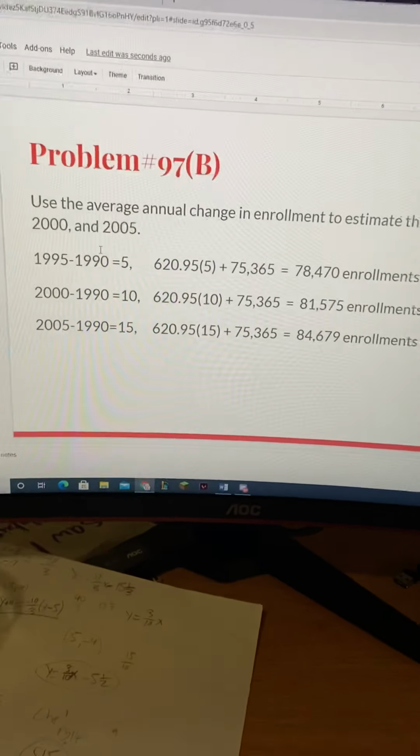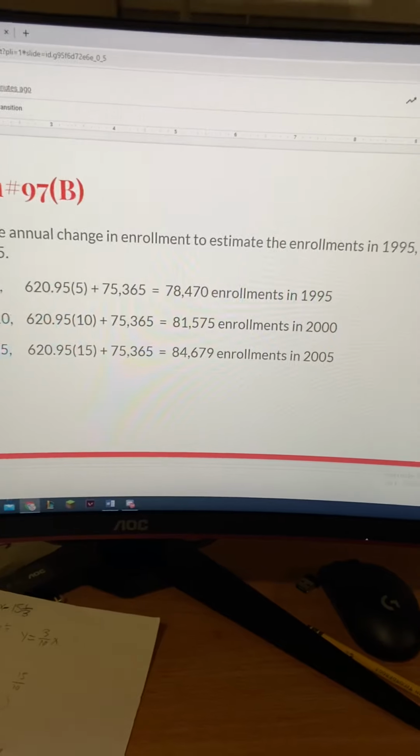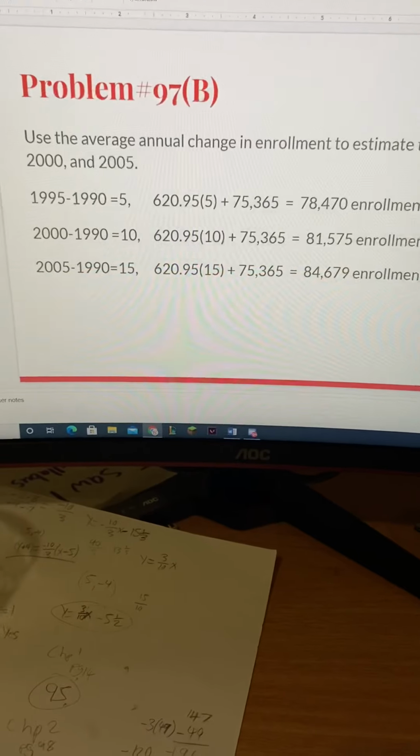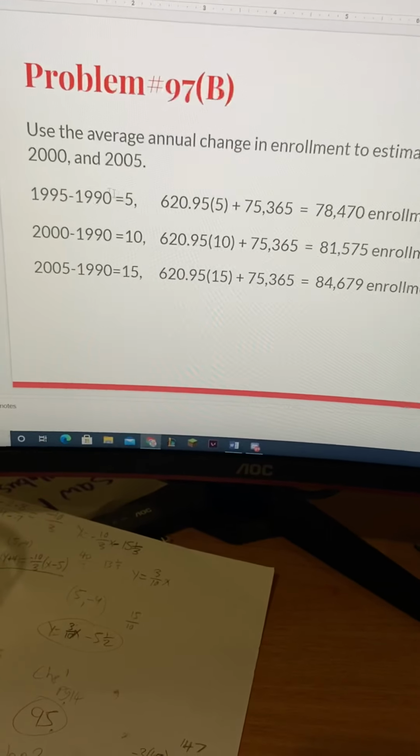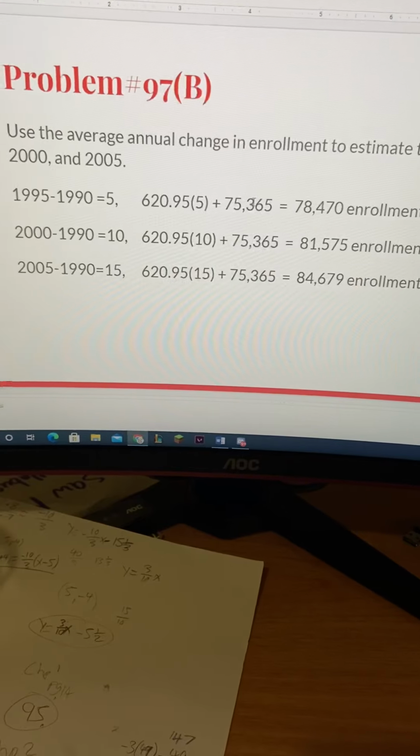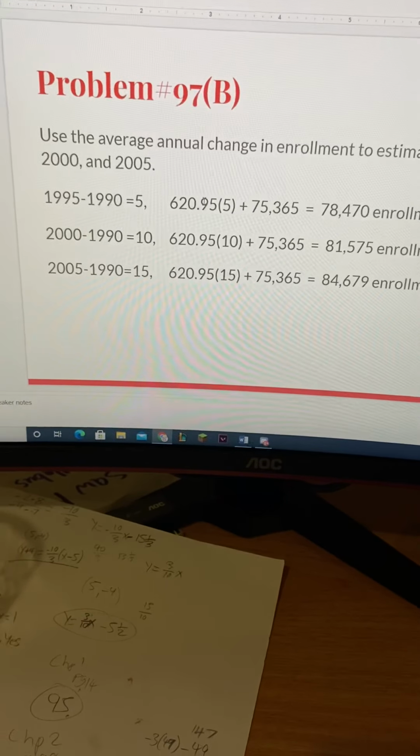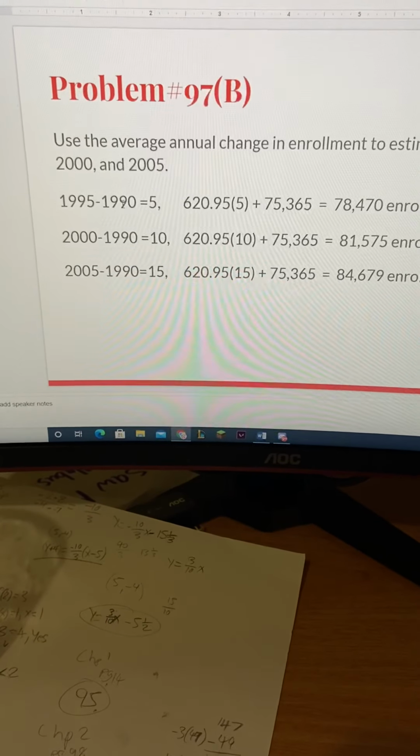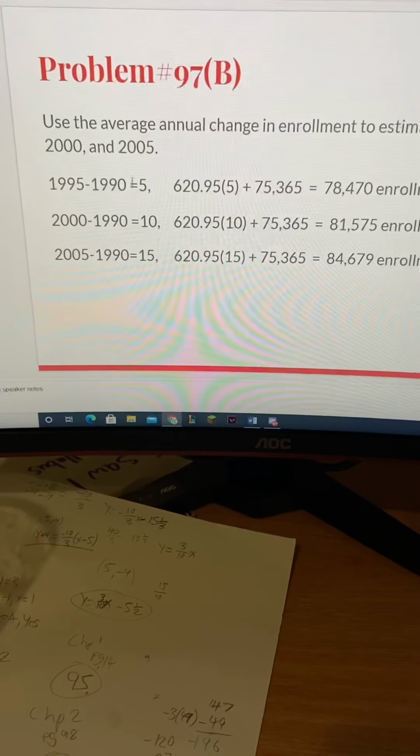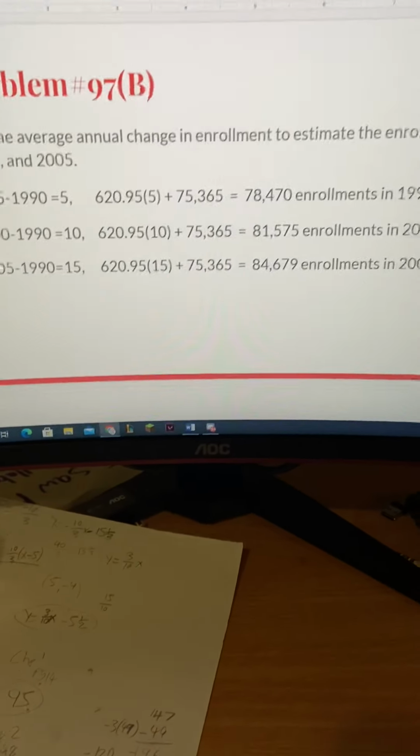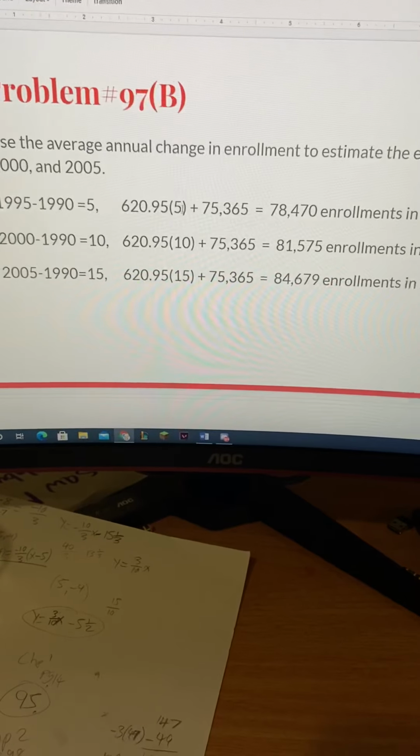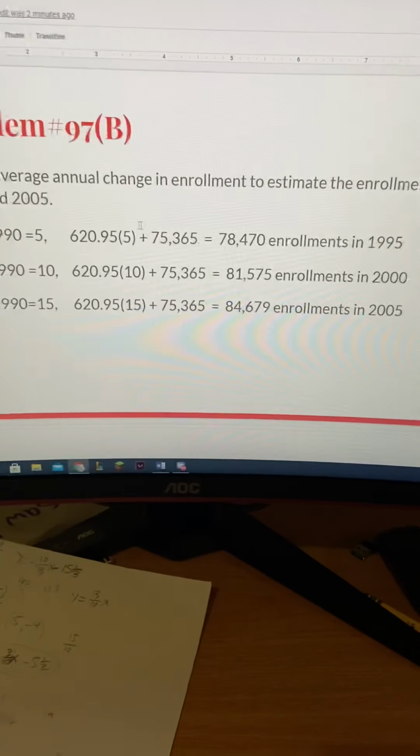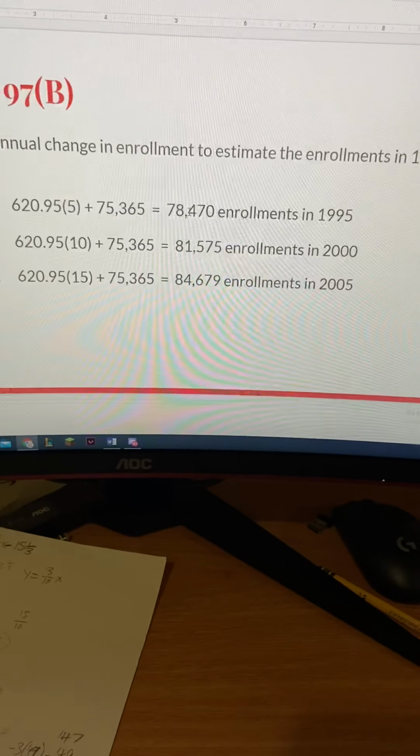For Part B, use the average annual change in enrollment to estimate the enrollments in 1995, 2000, and 2005. For this part, since we were given 1990 and its enrollment number, and we found the annual change, I subtracted 1995 by 1990 because those were the years, and I got 5. I plugged 5 into this slot, and 5 times 620.95 plus 75,365 is